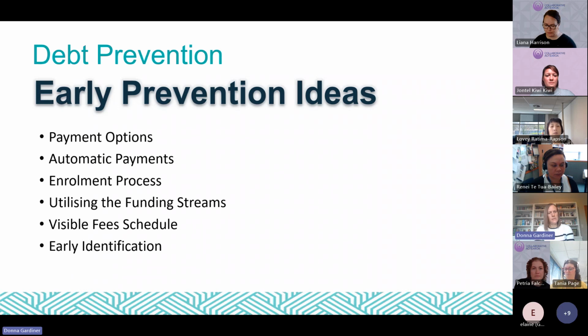And the visible fee schedule, so in your waiting room and websites, obviously, and making sure that your reception team are aware when they're booking patients that they let the patients know if there might be an additional charge or a double appointment or minor procedures, just so really front-footing that conversation rather than a surprise at the front desk.